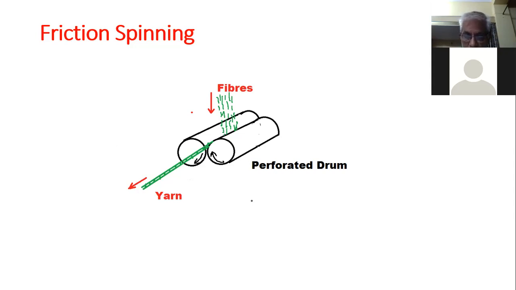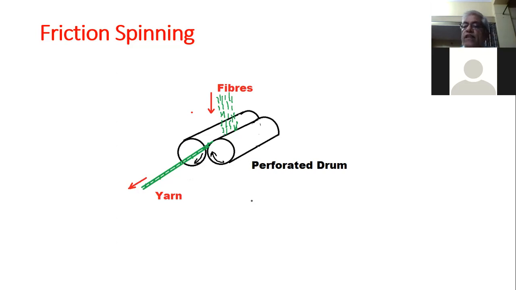Why? Because there is a lot of difference between the diameter of the drum and the diameter of the yarn. So one revolution of the twisting element drum will introduce several turns of twist in the yarn, and in this case this ratio is up to 1:100 or 1:200. So there is a high transmission ratio of the twist. But surprisingly, that whole twist is not transferred due to slippage. Yarn takes up only 15 to 40% of the drum rotations.